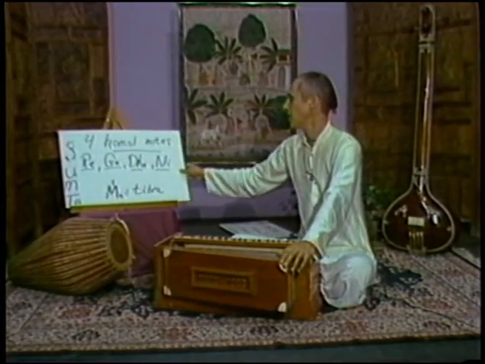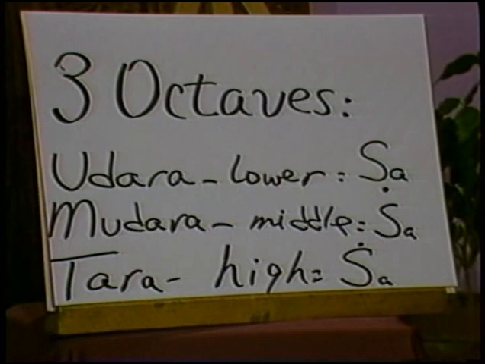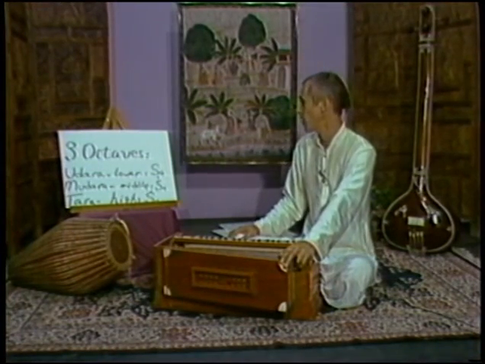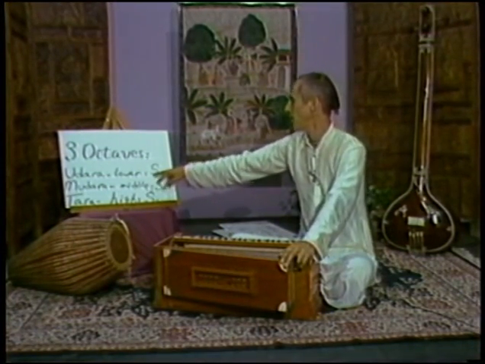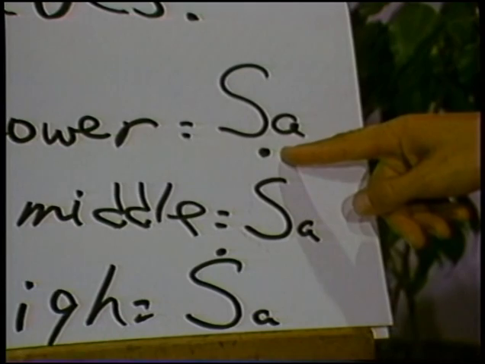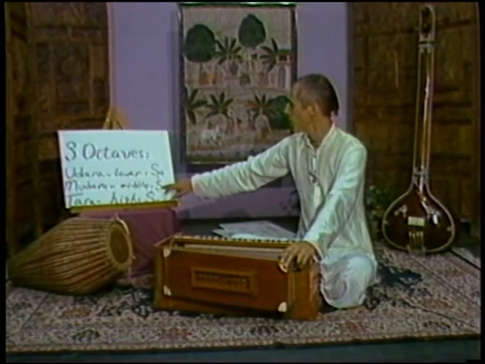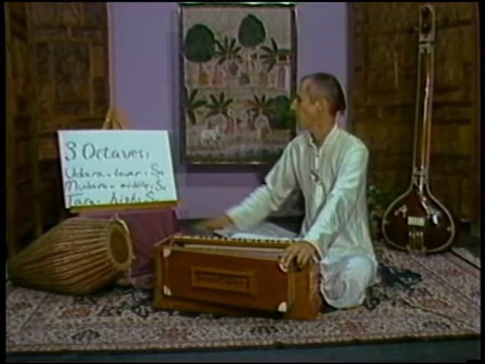Now there are 3 octaves that we want to deal with on the harmonium. There's the lower octave called Udara, the middle octave called Mudara, and the high octave called Tara. And the notation is as follows. For all of the notes in the lower octave, we designate that by putting a dot below each note. The Mudara or middle octave has no dot, and for the Tara or high octave, we put a dot